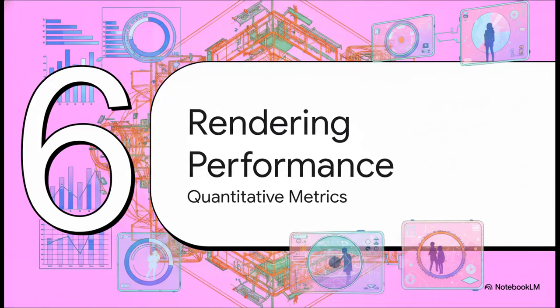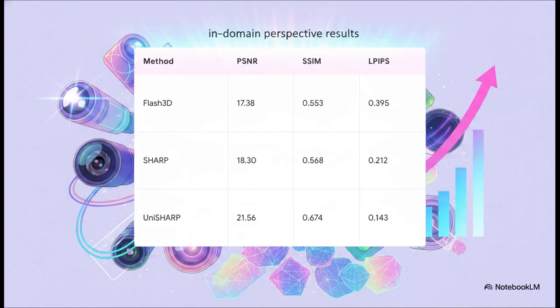Section 6. Rendering performance and quantitative metrics. Let's plunge right into the numbers. We begin with standard perspective performance just to ensure baseline stability before we assess the wide-angle scaling. On the in-domain perspective results, specifically the wild RGBD data, UniSHARP achieves a 21.556 PSNR that thoroughly outperforms Sharp's 18.3